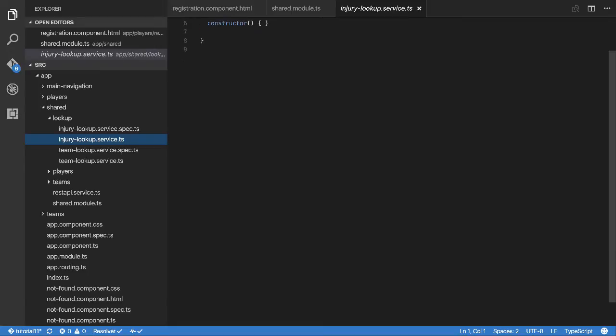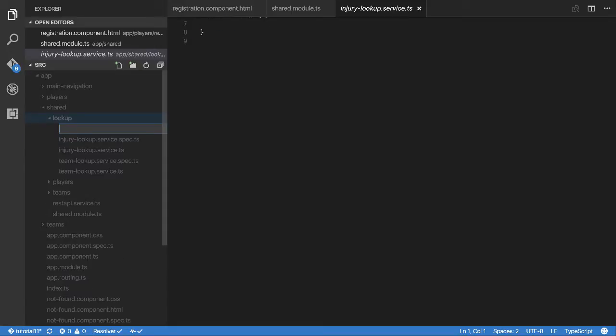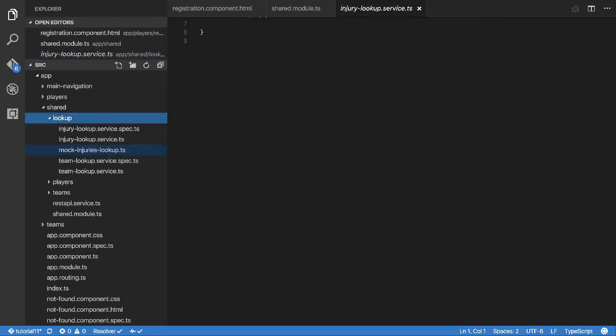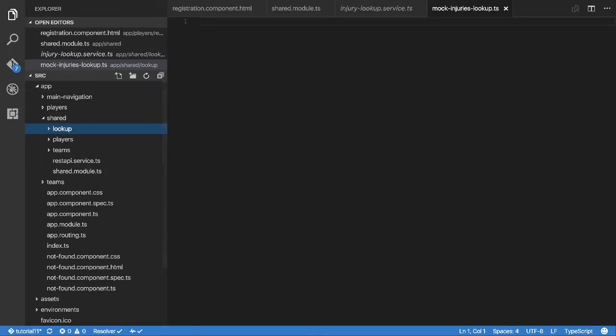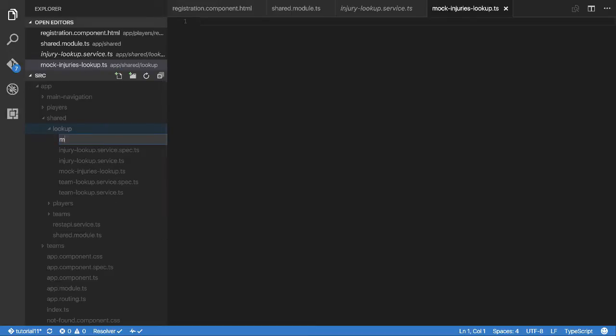So I'm going to create a new file. I'm going to go in here. I'm going to call it mock dash injuries dash lookup .ts, like that, and I'll do one for teams as well. Let's do that. So we go mock dash teams dash lookup .ts,